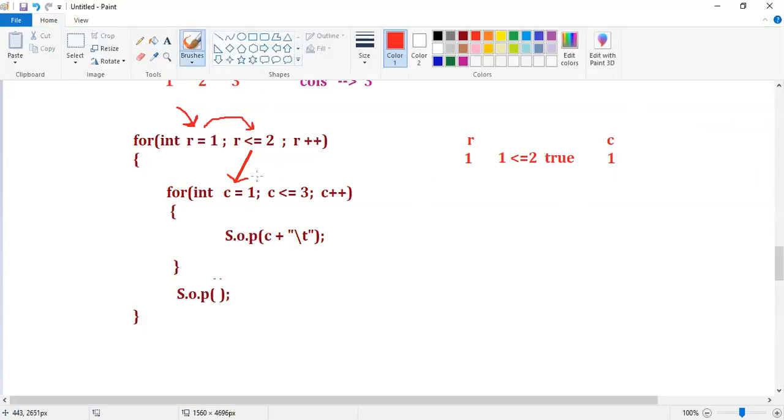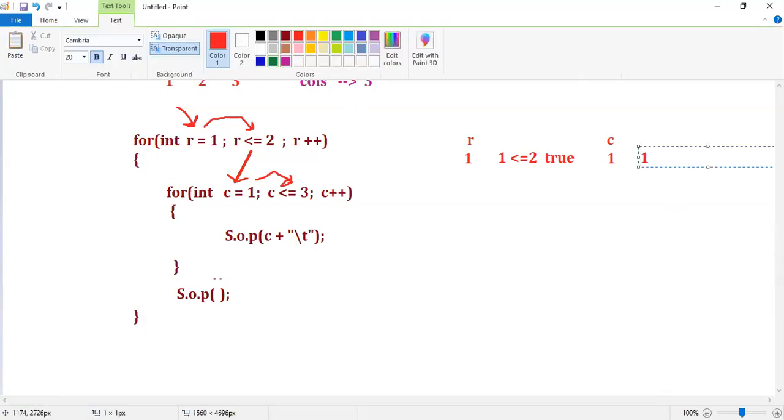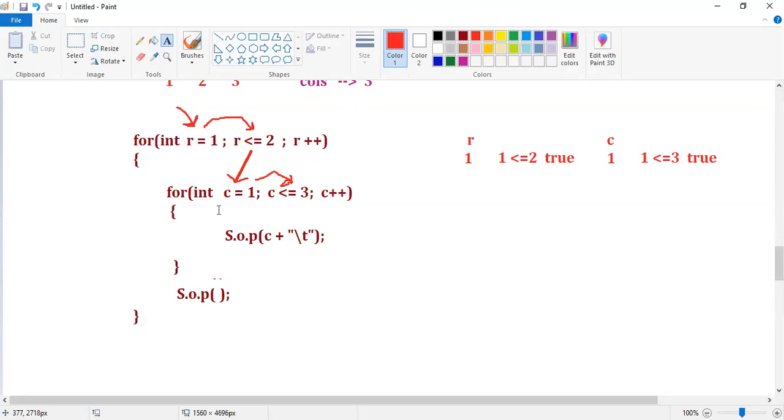Control comes to the condition. What does it check? 1 less than or equal to 3 or not. Which is true. If it is true, control comes inside, right?